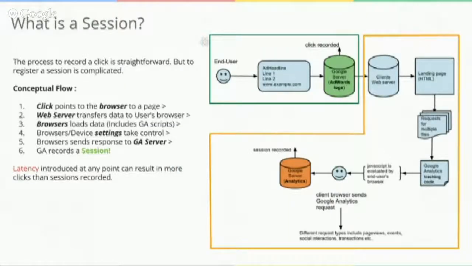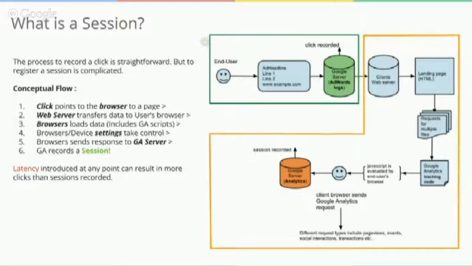Awesome. And how about a session? When you go from clicks to sessions, that's when we start getting into a lot of complications. A session is itself a very complicated and highly qualified metric. It's the best proxy to a visit or a visitor that we can get, and every system defines it differently. If you look at the picture here, you can see a click is just one metric within the way a session gets identified. At a high level, someone clicks on your ad, your browser points to a web server, the web server then understands what you're looking for, and renders a page and all the components.